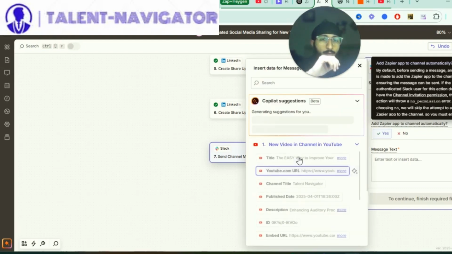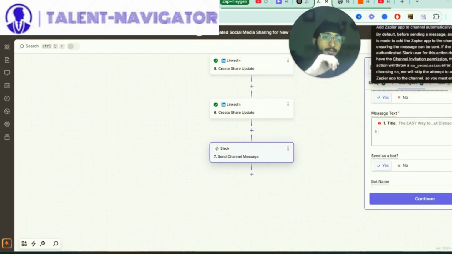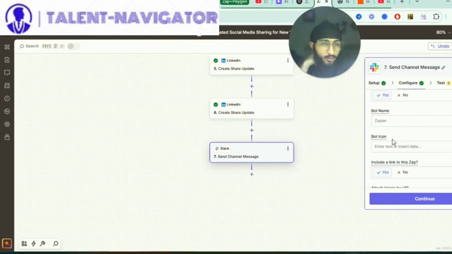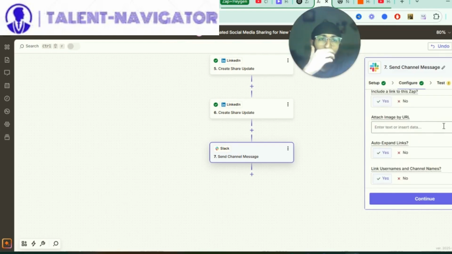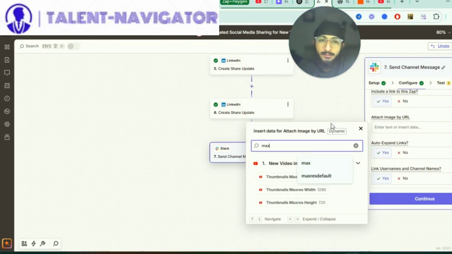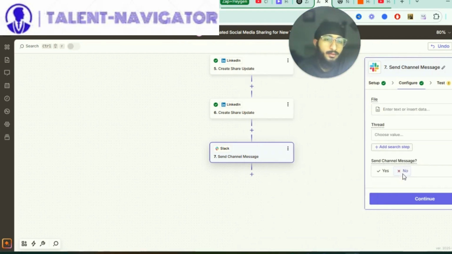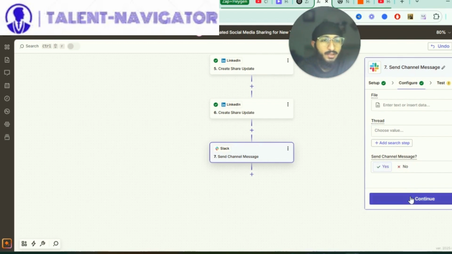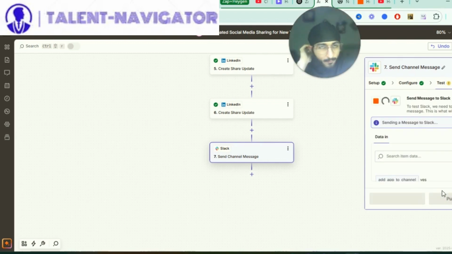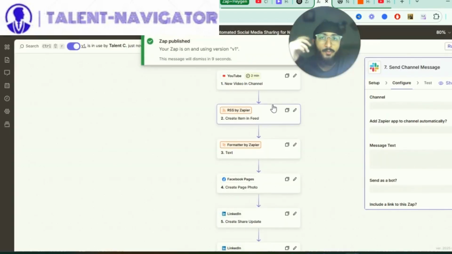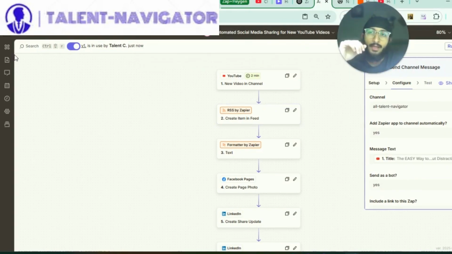Right. So message text you can add as new video and channel title, and send as a bot. Yes, bot name Zapier. Bot icon. You can add that. Attach image by URL. So you can use the max res. And then yeah, send channel message. Yes, continue. Yes, and then we test it. So this trigger would be activated whenever there is a new YouTube video. So let us just try that, and I'll